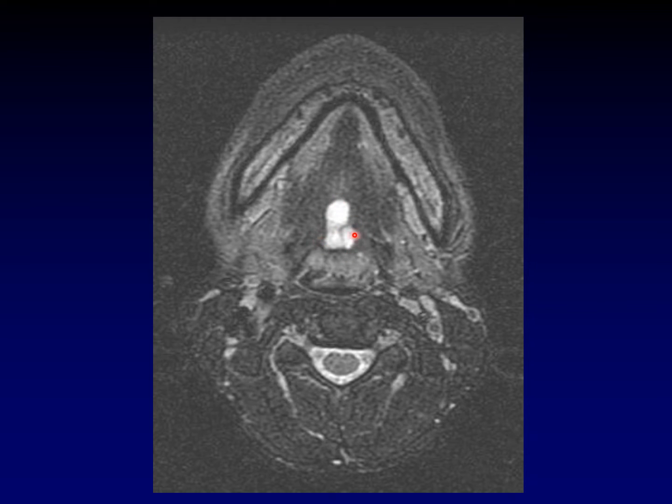This multilobulated cyst is sitting right at the foramen cecum, right between the oral tongue and the base of tongue. This is a classic location because this is where the thyroid initially forms. Another important concept to take away when you see thyroglossal duct cyst in this location is a reminder that the thyroglossal duct, when it fails to involute, as it normally does, will leave a tract going all the way up